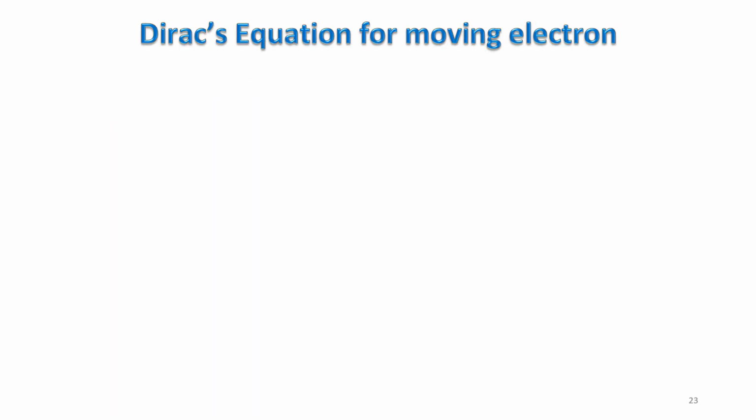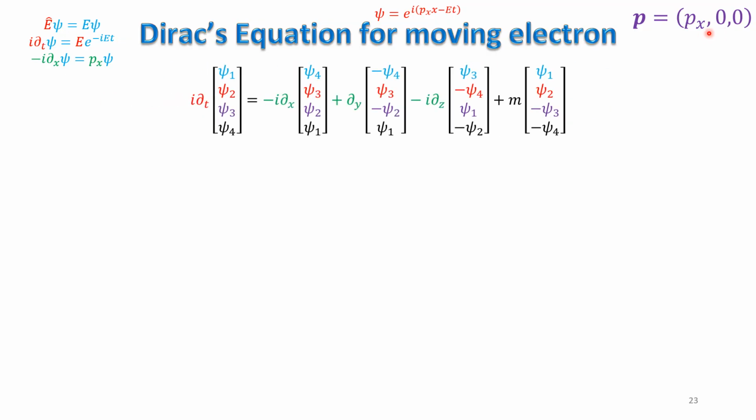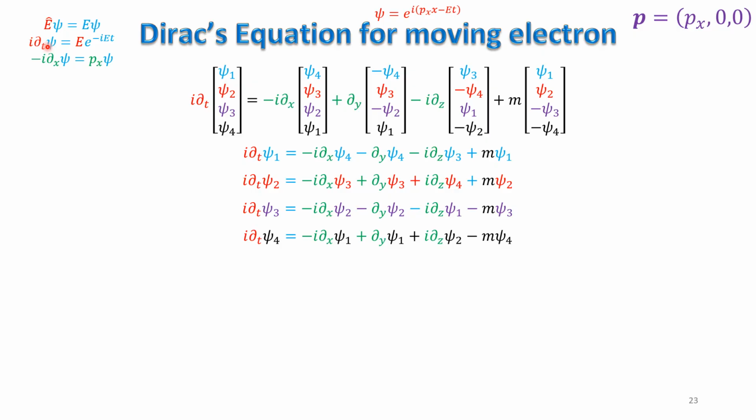For this section we are almost done, but I have a temptation of writing an equation, Dirac's equation for a moving electron, where we shall consider it is having momentum only along x direction, and this is the energy and momentum operator. For x component, momentum is px, other two components are 0, and this Dirac's equation will have 4 equations, and